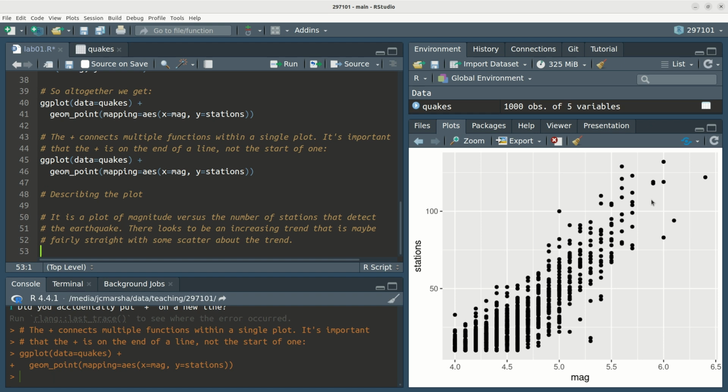And then I've sort of described the shape of that trend. So I've said it's reasonably straight. It's mostly straight, isn't it? Maybe there's a bit of a curve at the bottom. And I've also then described the amount of scatter about, or said that there is some scatter about the trend,